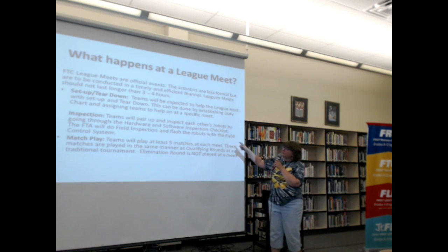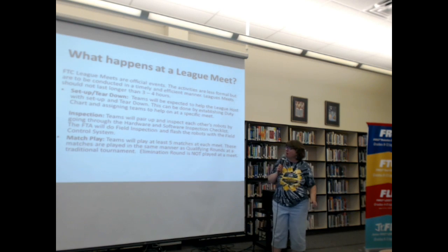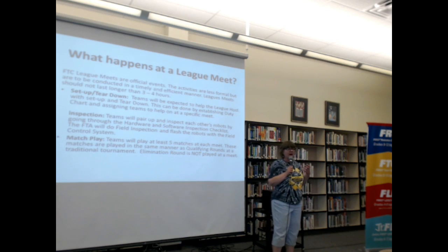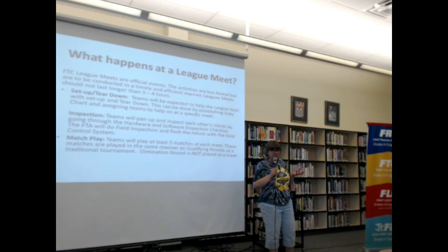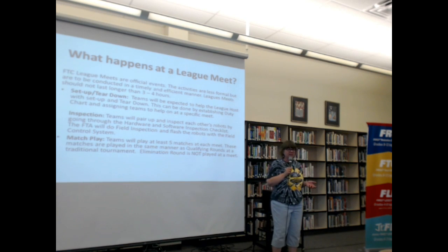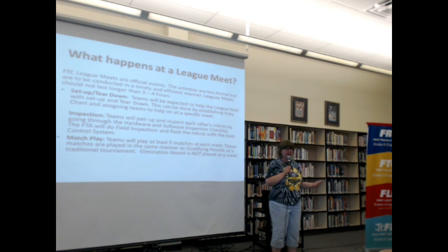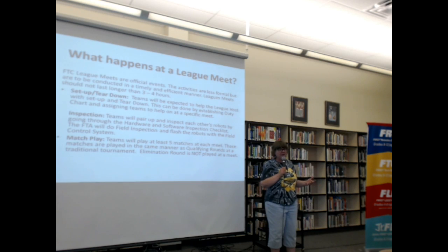So set up, tear down, inspection. Teams will pair up and inspect each other's robots. Hopefully, we're going to have referees who are at least somewhat trained in the inspection process, and they can be the decider enough to know that a robot is either unsafe or highly illegal, but they may not be versed in the nuances. This is really about your teams taking that inspection sheet out of the game manual, and you're going to go through that